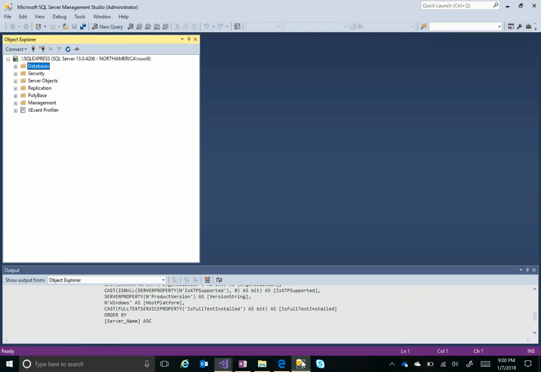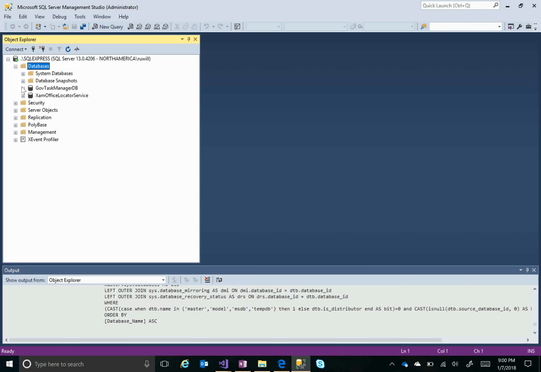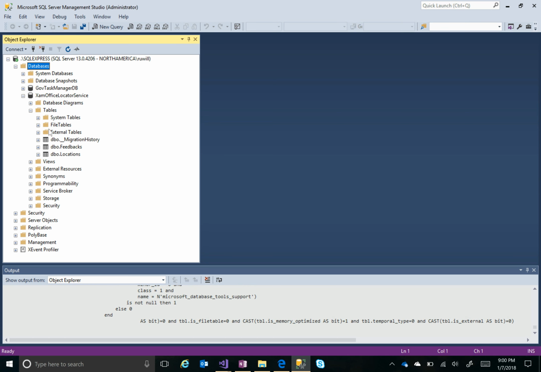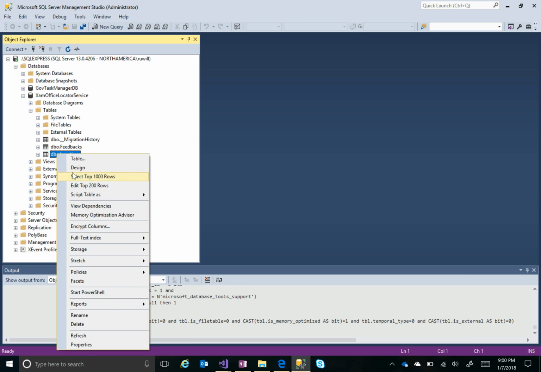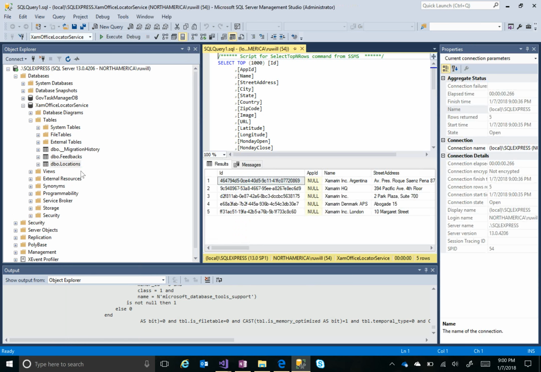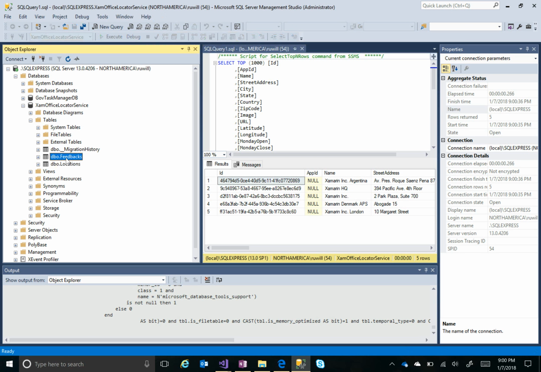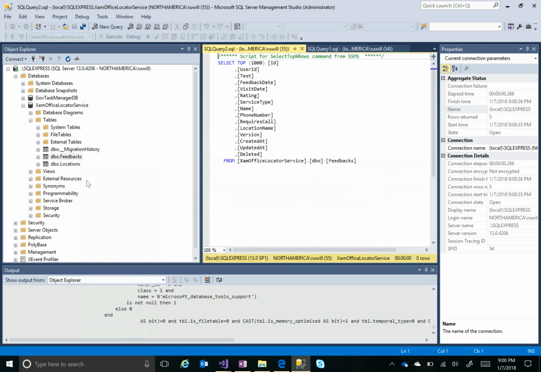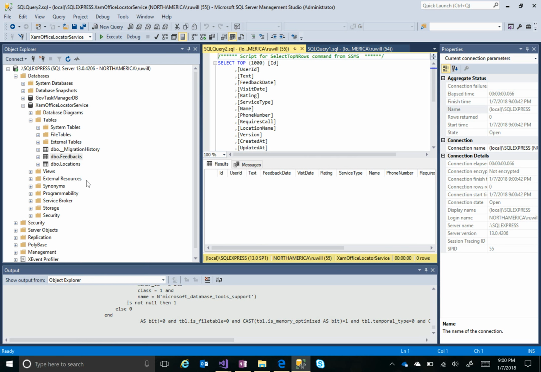Okay. And now, if I go back to Management Studio, I should be able to expand the databases here. If I dig into the local XAM Office database, expand the tables, you can see there's the tables. I've got the feedback and locations. If I say show me the locations, I expect to see the 5 that I just imported. And there they are. If I were to look at feedbacks in the local version, you'll notice that it's empty. And that's because I'm looking at the local version, not the remote version, which is what I added previously. So it's not pointing to